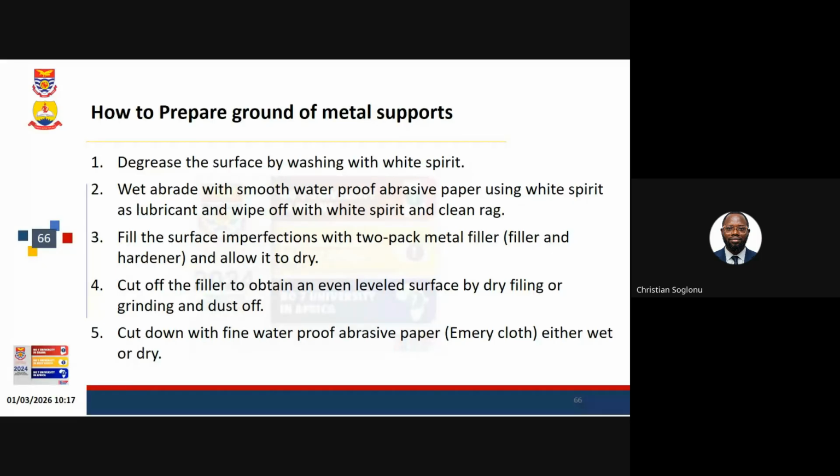Or if you don't have spirits and you have soapy water, a detergent, you put your rag in it, then use it to rub or clean your surface to degrease if there is a presence of grease on the surface. So the second one says, wet a